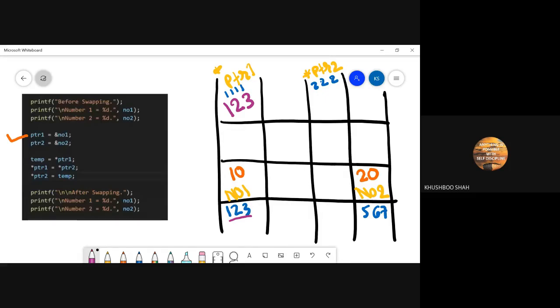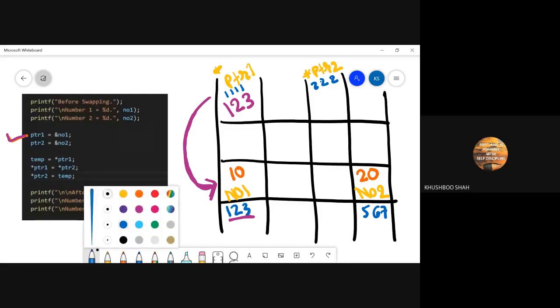At the moment when I am writing this statement, PTR1 is equal to ampersand no1, 123 will go here, and immediately this pointer will point to this location.